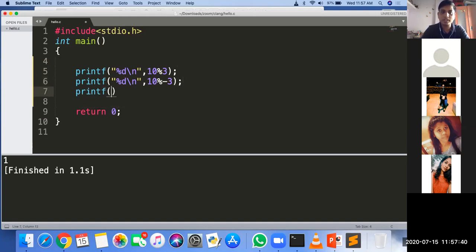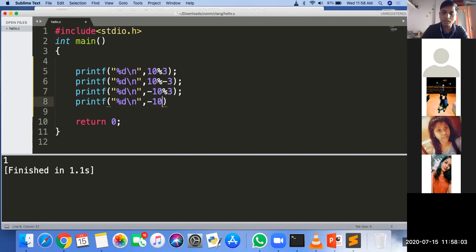Third combination can be %d, numerator is negative and denominator is positive. And the fourth combination is numerator is negative and the denominator is also negative.